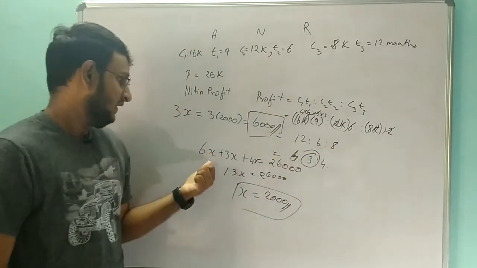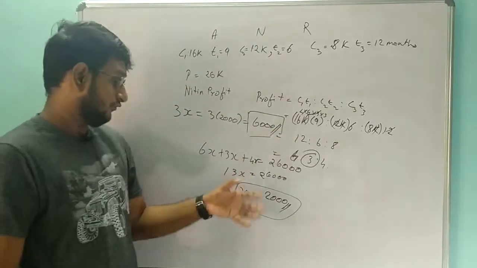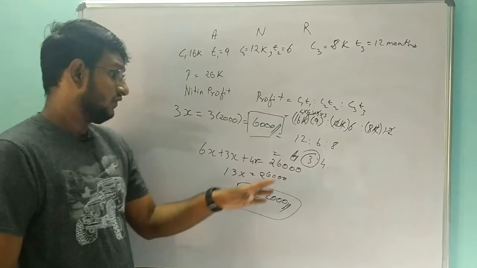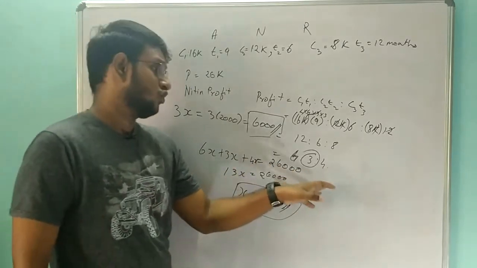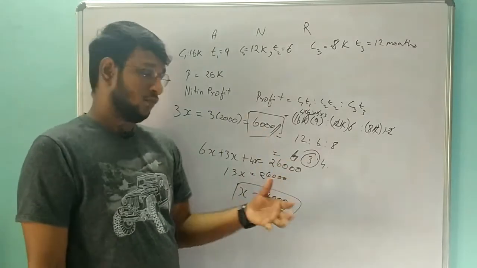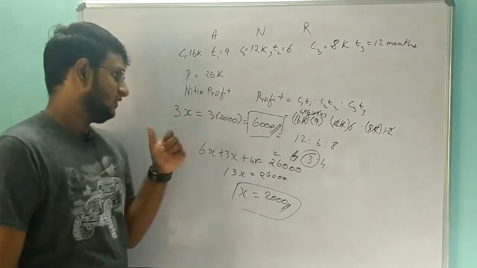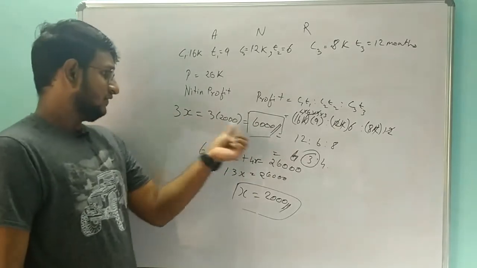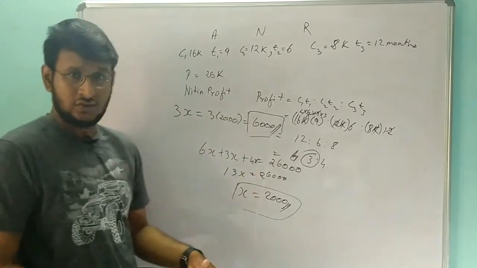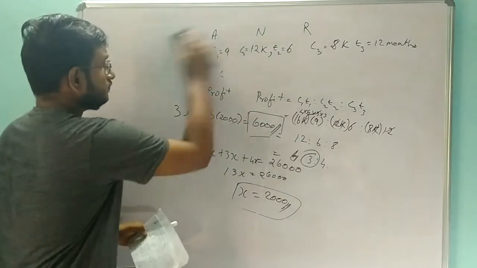Here we are taking x because we don't know the particular profit, so we have to find that particular profit. So we are using x. We just know the ratio, but now we are converting it into an exact amount. We are calculating the x value and substituting it into Nitin's ratio, which is 3x, and we are getting 6,000. Okay, so this is also one of the simplest problems. Let's move on to the next question.